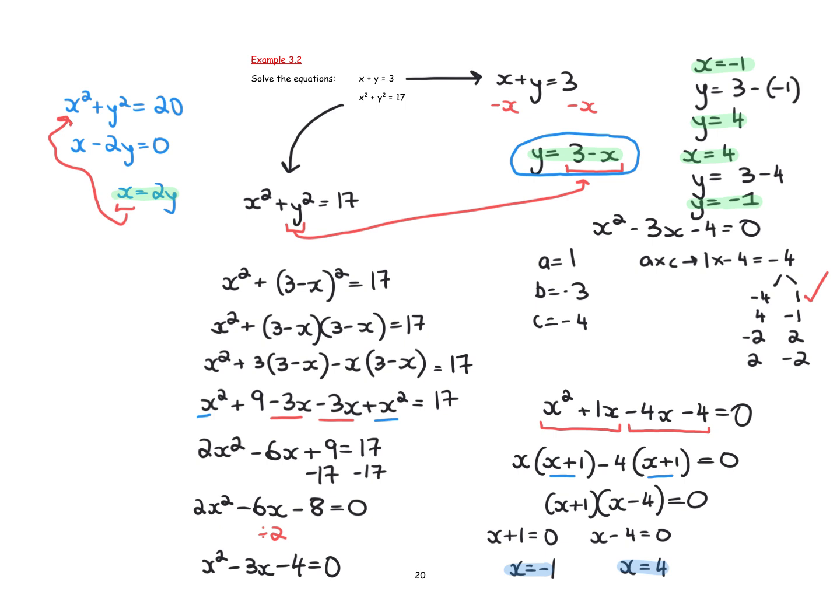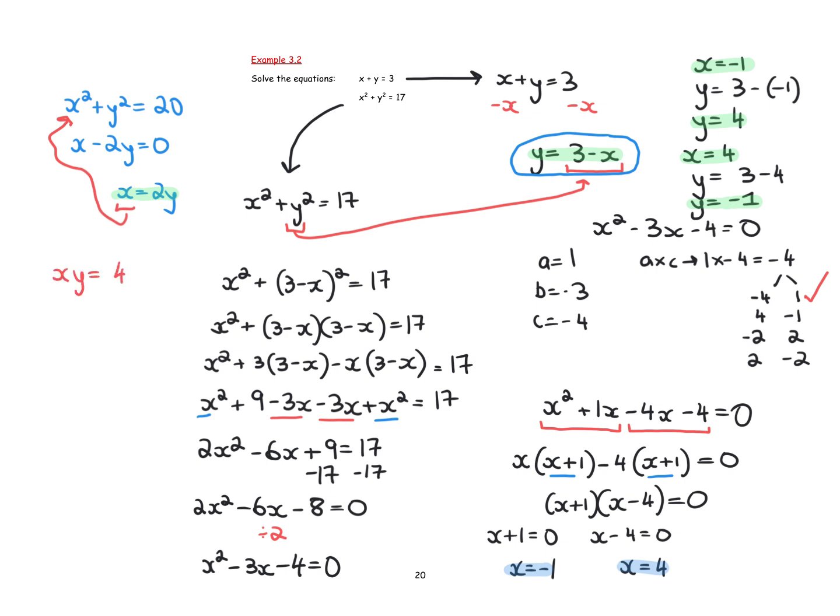Therefore, don't get freaked out if it doesn't look exactly like you've seen it before. Please do it in the exact same way by making the linear one have one variable on one side and the other variable on the other side, and then sub it in to the actual quadratic to figure out what the answer will be. The quadratic also might not look initially like a quadratic, and you could have something like